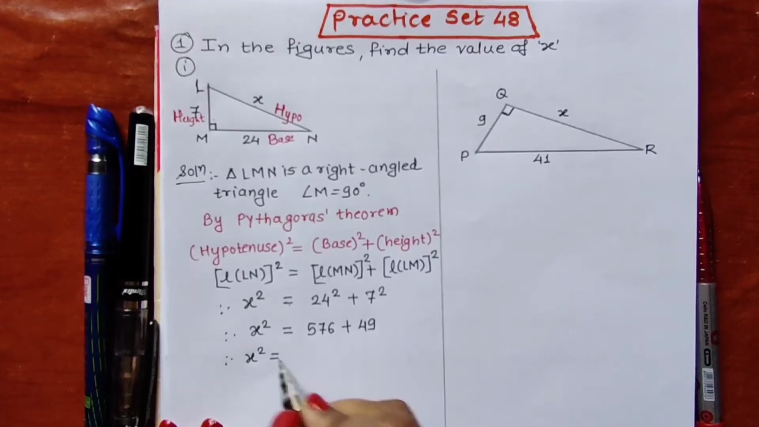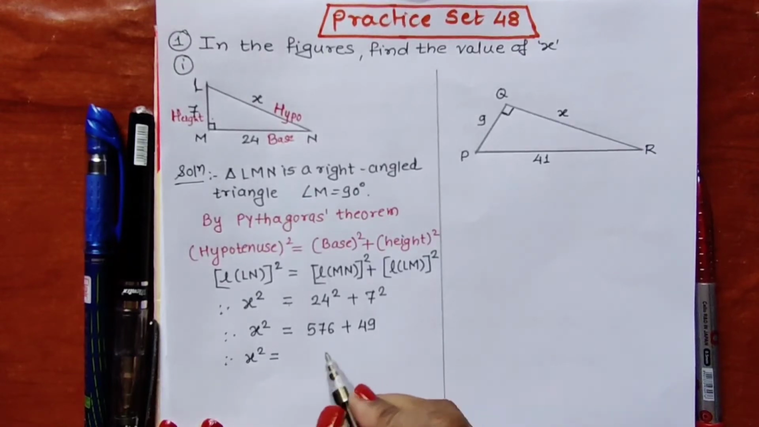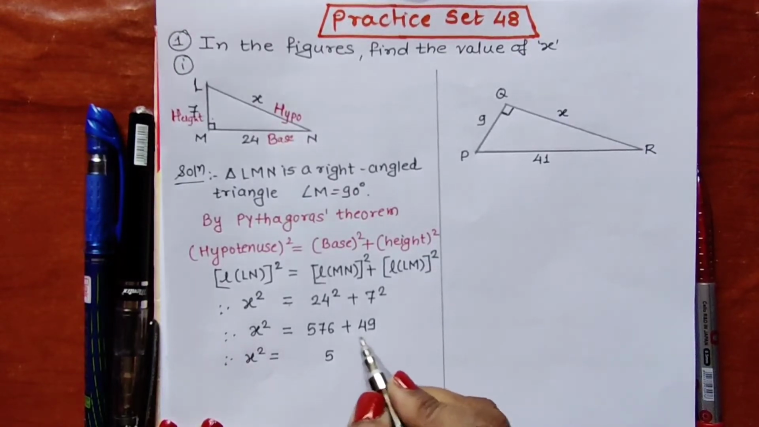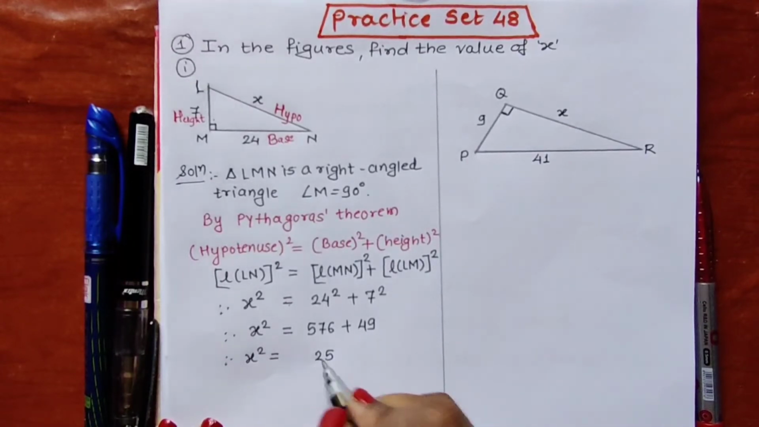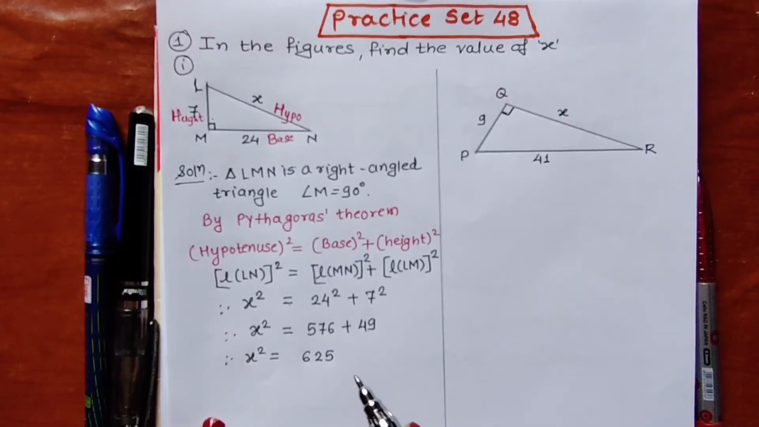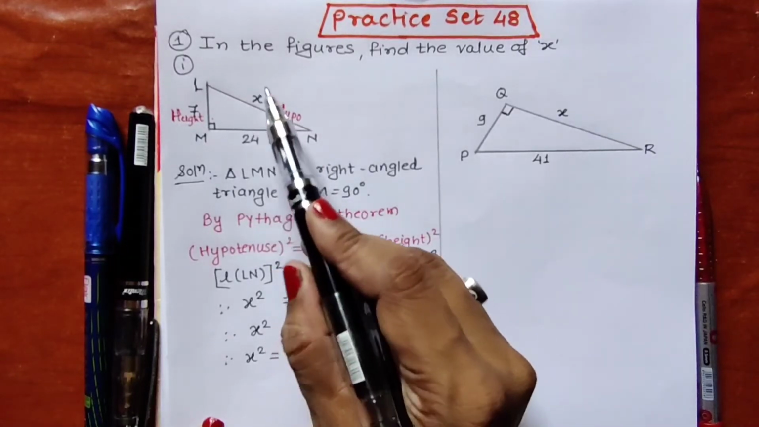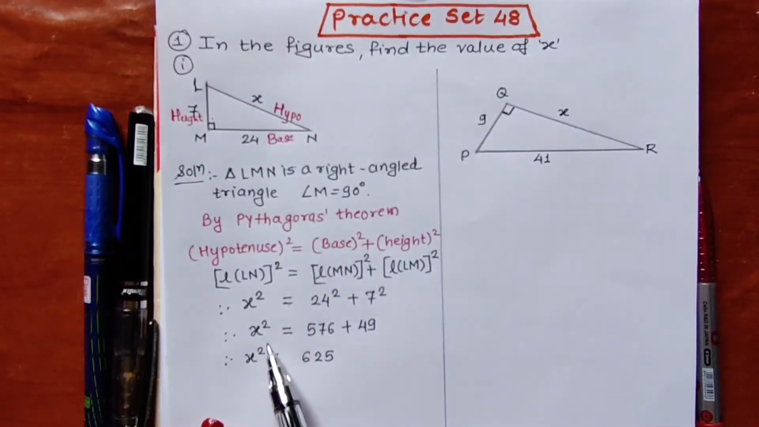X square is equal to, add: 6 plus 9 is 15, 1 carrying, 7 plus 4 is 11, 11 plus 1 is 12, again 1 carrying, 5 plus 1 is 6. So 625 we are getting. X square is equal to 625, but we require the value of x only, but here we are getting x